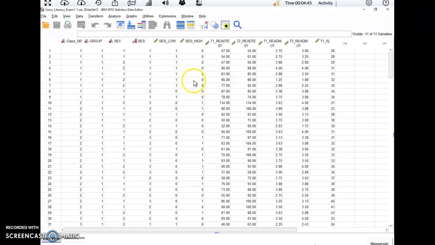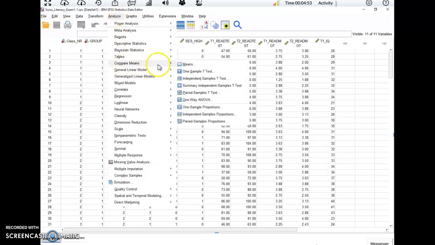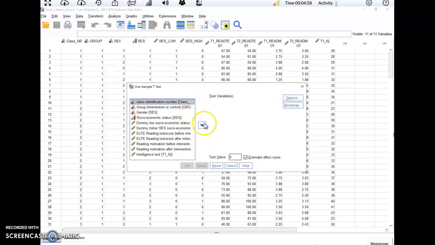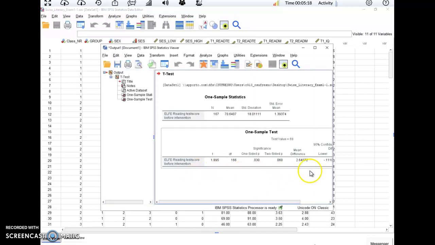So the next step comes for us to run the analysis. Here I have my data set open in SPSS. We're going to go to Analyze. We're going to compare means because that's what t-tests do. We're going to pick the one-sample t-test. Now our test variable is going to be the time 1 before the intervention, the ELFE. We're going to move that over. And we're going to compare it to our test value of the Swiss national average of 68. And then we don't need to estimate the effect size, and we're going to go ahead and run that analysis. And so here we get the output